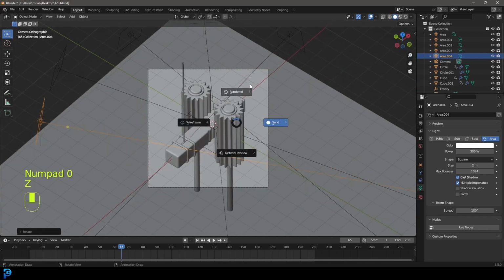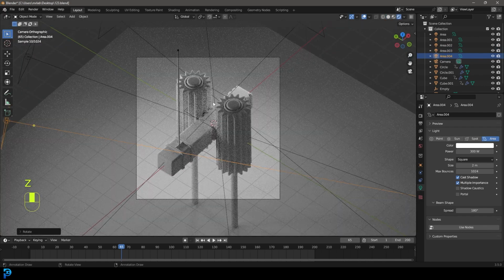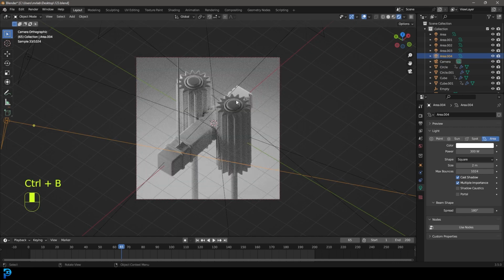Let's go Z and let's go rendered. You can see we already have some nice lighting here. I'm just going to go Control B just to limit the render to the camera. And then we're also going to